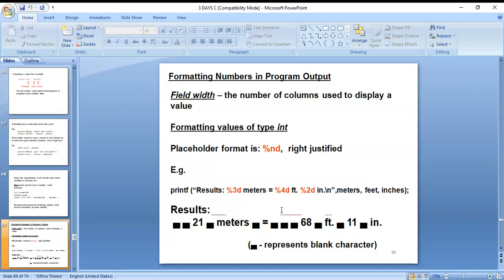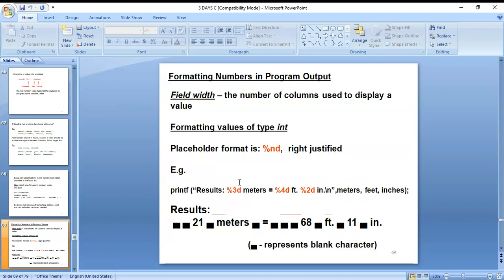Here you can see formatting numbers in program output: the number of columns used to display a value. Formatting a value of type int, the placeholder format is percent nd, right justified.